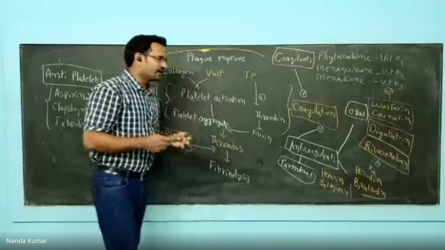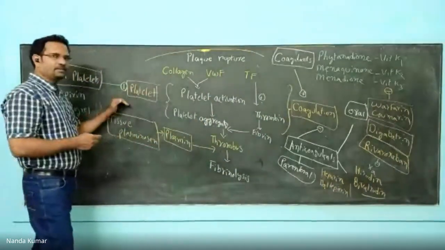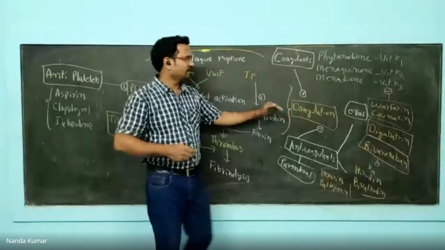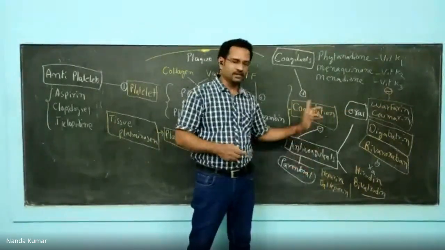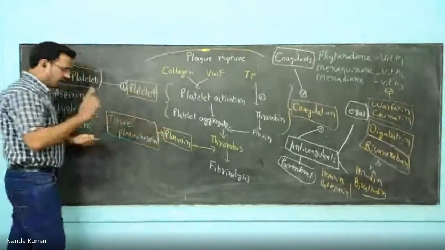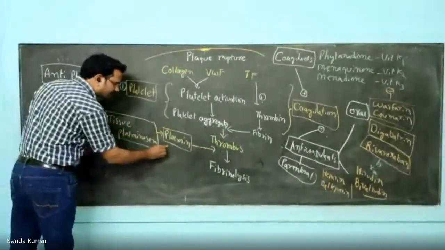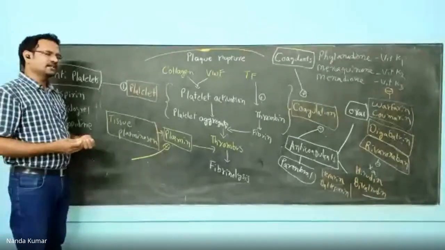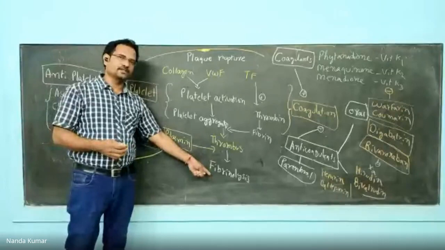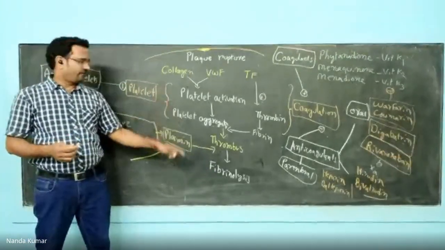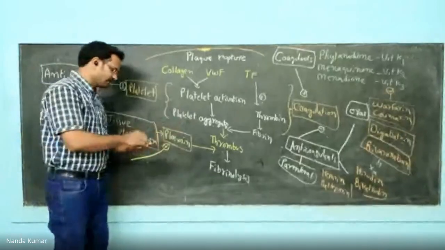Now, what are the things we have seen? We have seen antiplatelet agents, anticoagulants. In anticoagulants, you have oral and parenteral. The other classes: this plasmin also will get activated. There are certain agents which are known as plasmin activators. What happens when plasmin is activated? They enhance fibrinolysis. So the agents which activate plasmin are known as fibrinolytics.